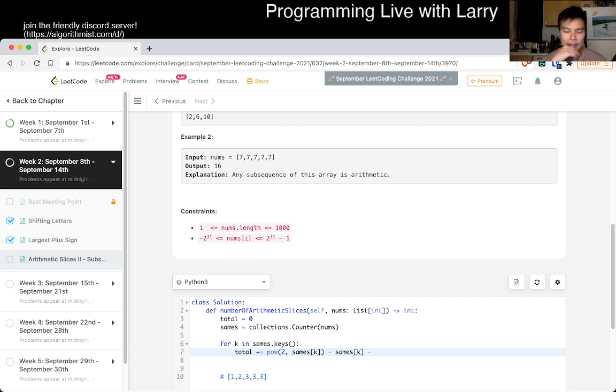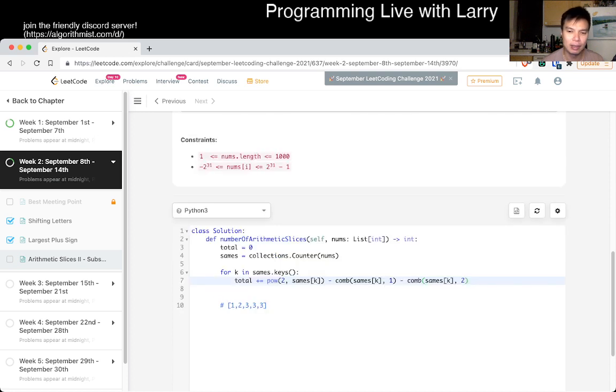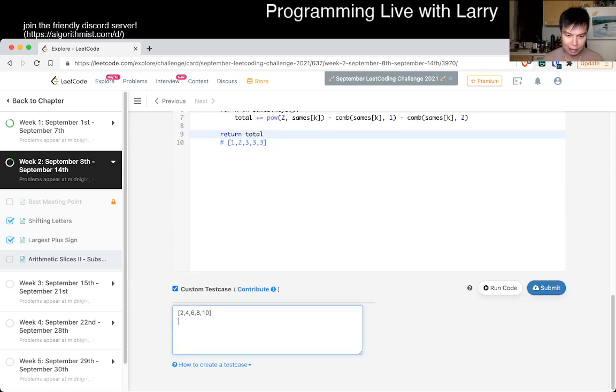Let me think about this for a second. I mean, these counting things, I guess you can do it that way, but I think this is a thing. So you just choose one of these, minus choose 2 of these. We'll do this for now. I think there's a cleaner way to do it with a DP-ish style, but let's just do this for now and then kind of play around with it. Let's see if that's right. I know that this is technically not the same, but